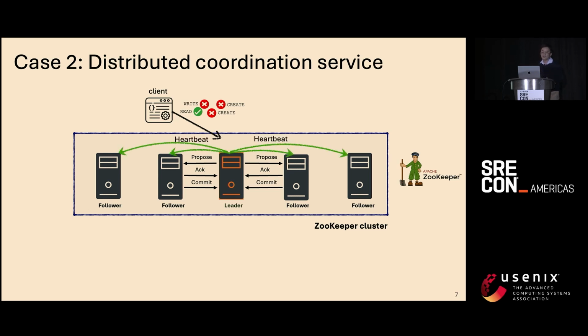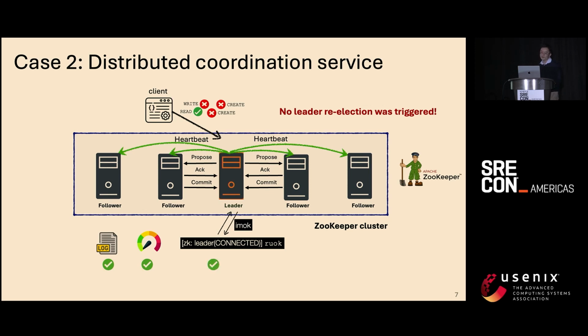But during this time, the leader is happily just exchanging these heartbeat messages with the followers. And as a result, this leader just remains the leader for a long time. There was no leader re-election triggered. So when the engineer checked the logs, there was nothing really suspicious. Similarly, the resource usage was normal. And if you use ZooKeeper's API, like this "Are you OK" API, to query the leader, it will reply